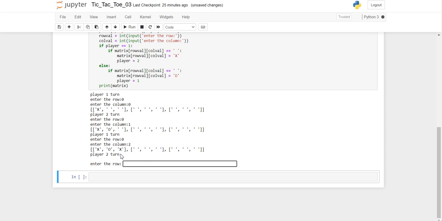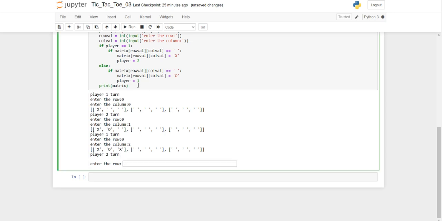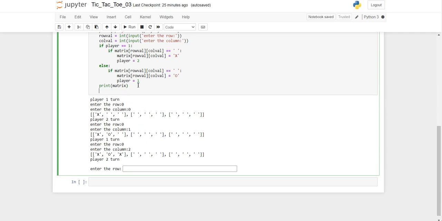Now in the place of that actual tic-tac-toe structure, we have to replace the values. So for that we will call the actual build tic-tac-toe of matrix, and we will comment this.